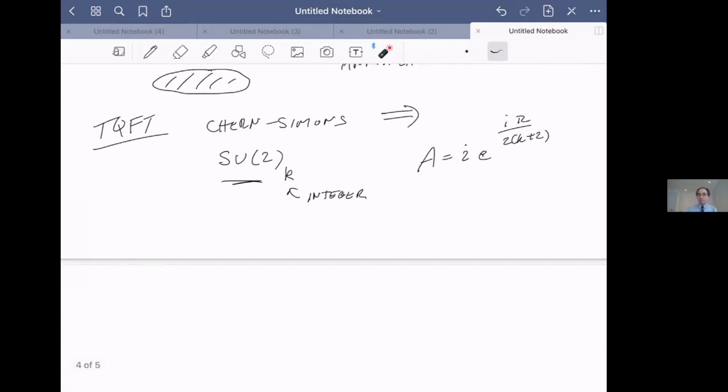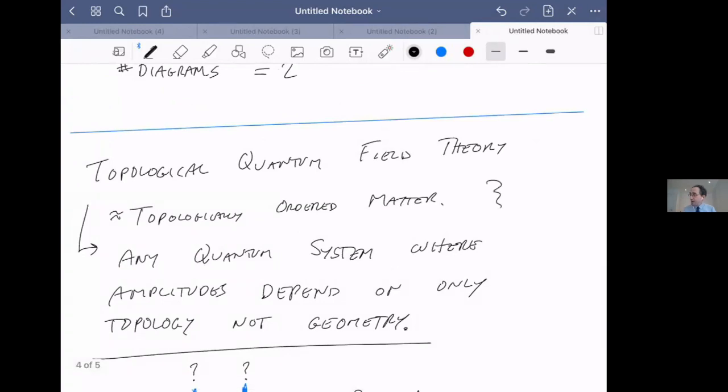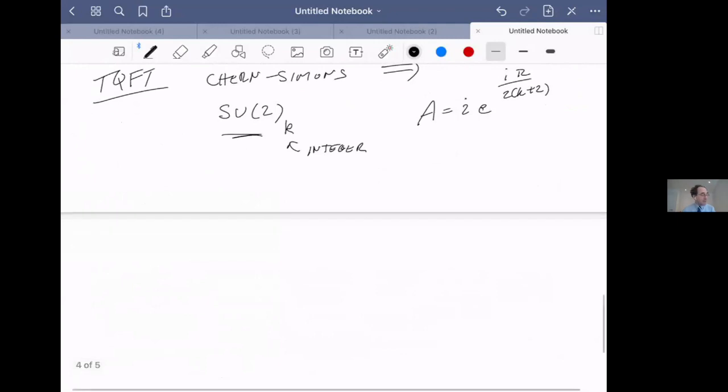Okay, so what is perhaps more surprising than all of this is that these topological quantum field theories are not just a figment of Ed Witten's overactive mathematical imagination, but in fact, we believe that we have seen many of these things in the laboratory, that topologically ordered matter really does exist in nature in several different guises.